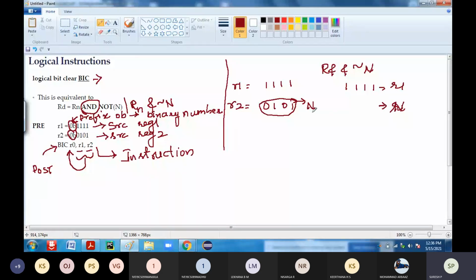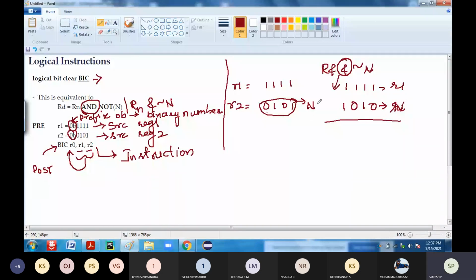The complement of R2: wherever 0 is there it becomes 1, and wherever 1 is there it becomes 0. Now it is going to perform the AND operation.